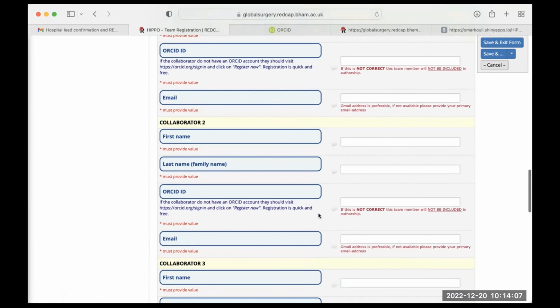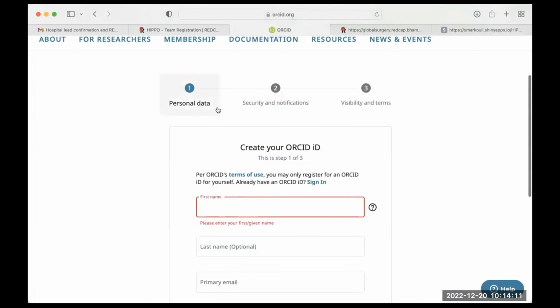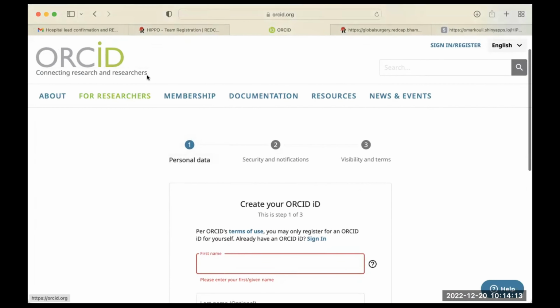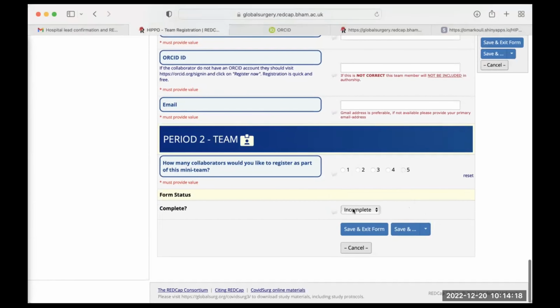You need to fill this for each collaborator. So each collaborator needs to register for an ORCID ID. That's very important. And then in the end, you just press complete here, and then you save and exit the form. And that's it. Then we issue all the logins necessary for the data collection.